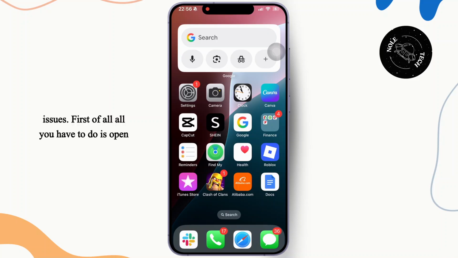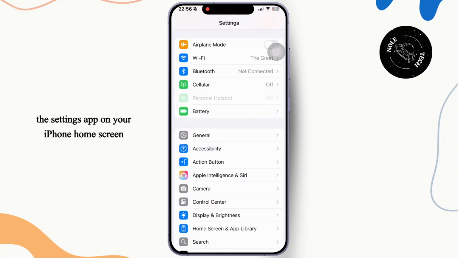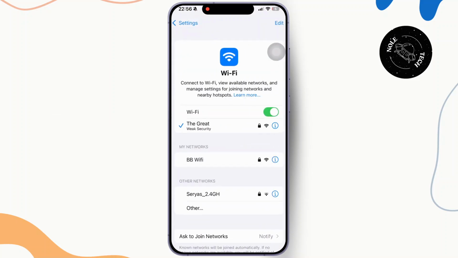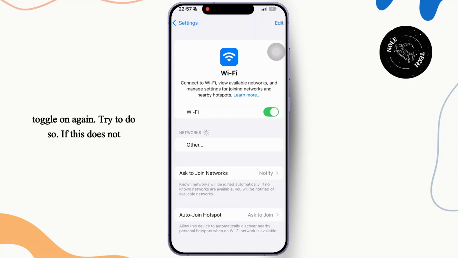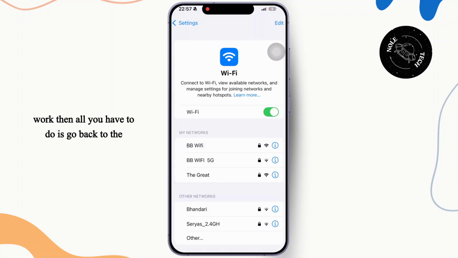First of all, open the Settings app on your iPhone home screen. Then simply tap on the Wi-Fi option available in there. Inside Wi-Fi, toggle off the switch and simply toggle it on again. Try to do so. If this does not work, then all you have to do is go back to the